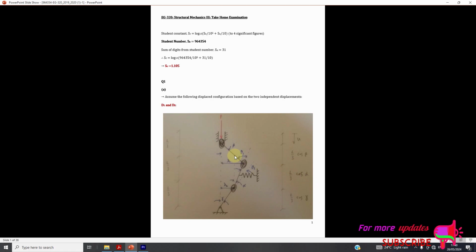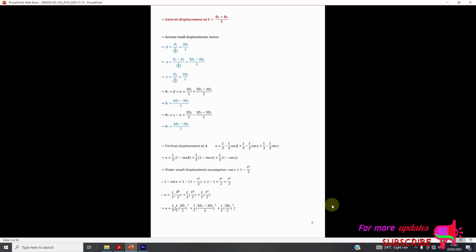You know the Pythagoras theorem and the trigonometric formulas, that is cos, tan, and sine, so that one cannot confuse you there. So now this one will be L over 3 cos beta plus L over 3 minus L over 3 into cos alpha plus L over 3 minus L over 3 cos